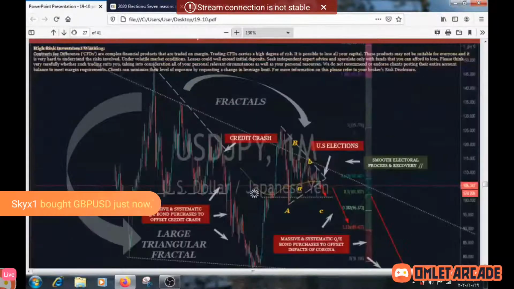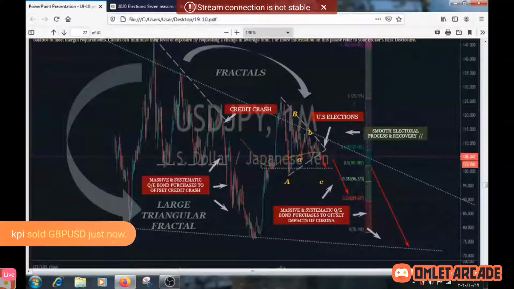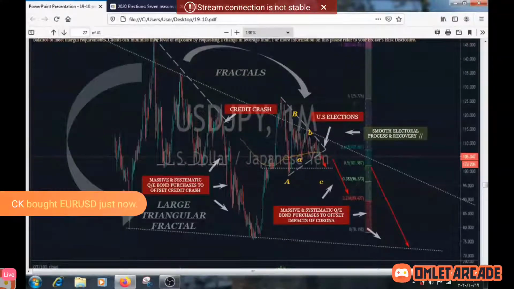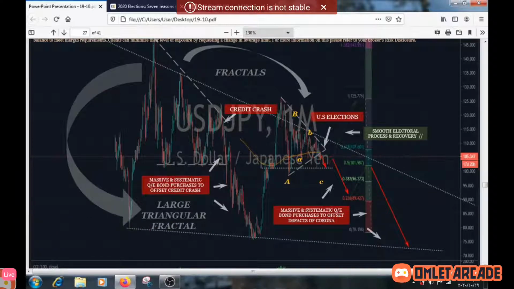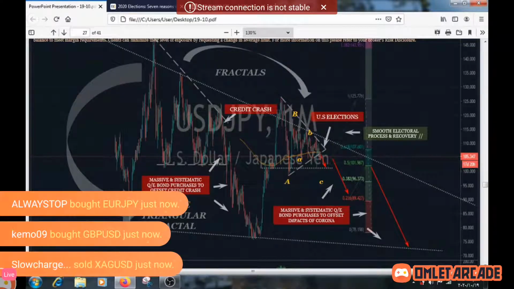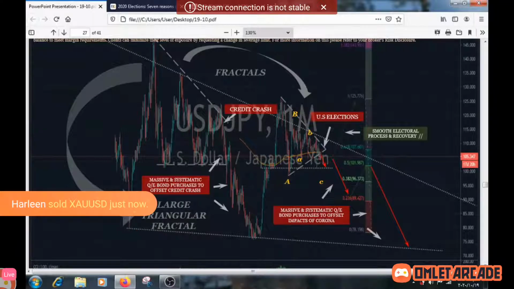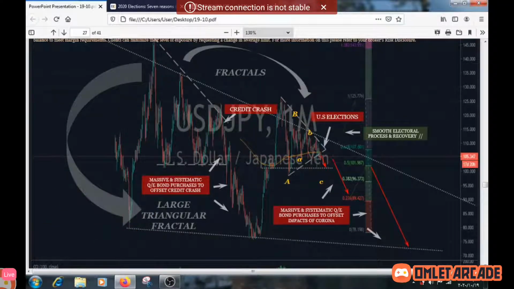This is the election trade. It's supposed to be one of the most important trades of the year. The coming US elections will either see a Trump victory or a Biden victory, a landslide victory for Biden, or there's going to be contested results. If there are contested